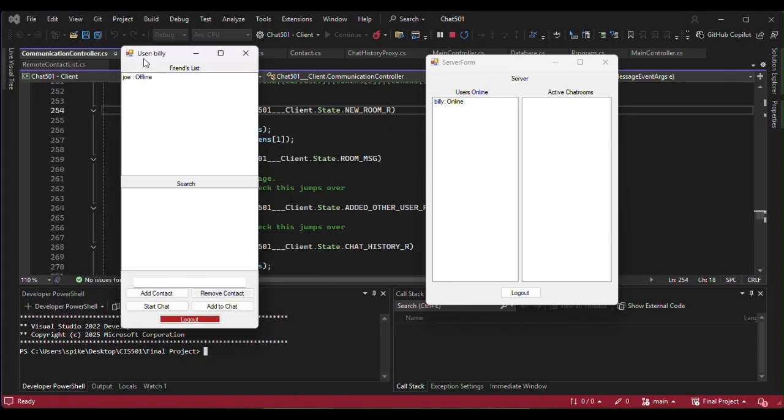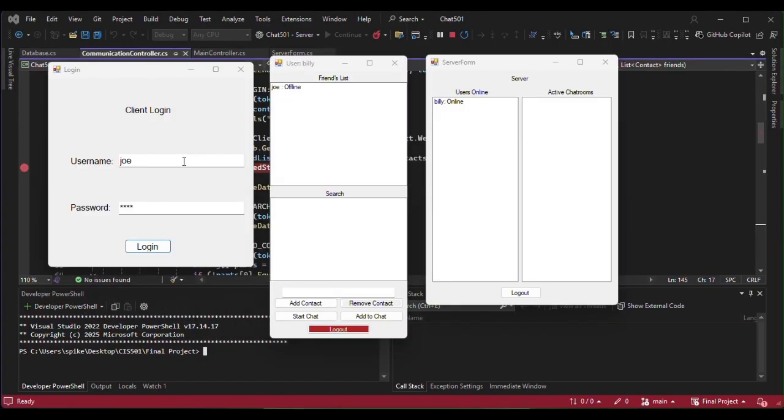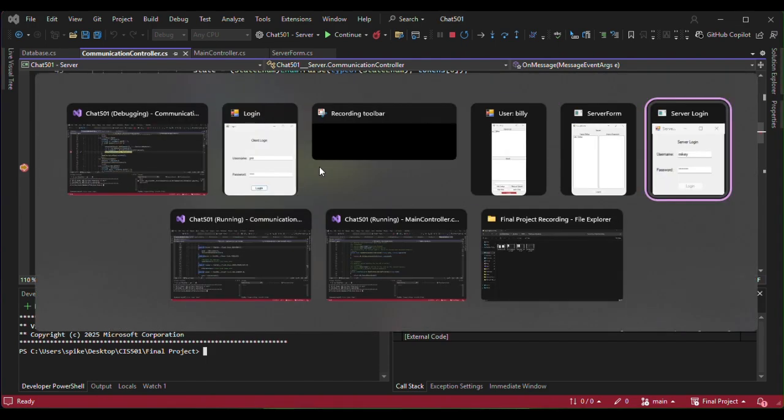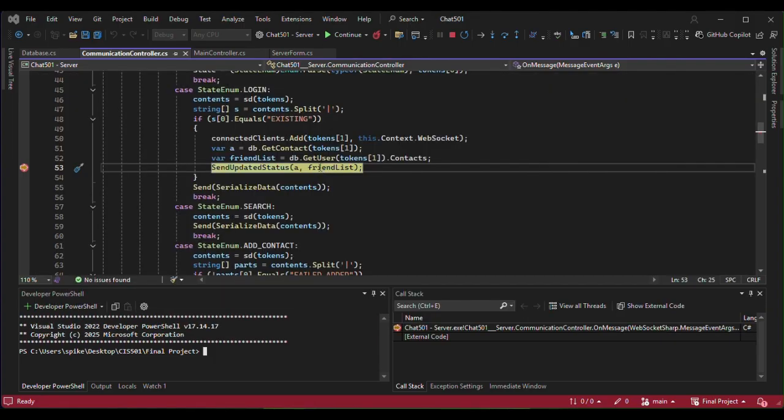Now the second part I want to show is whenever Joe logs in, the friend list is also updated along with the server form. So I'm going to pause and get that ready. Okay, I have a breakpoint ready, so as soon as I hit login, it should automatically pull that up. Okay, we are in our communication controller. So this is after the server form has been updated, and I can showcase that really quickly right over here. Oh, I guess I can't. Never mind, scratch that. So we'll step into this, which is a little method